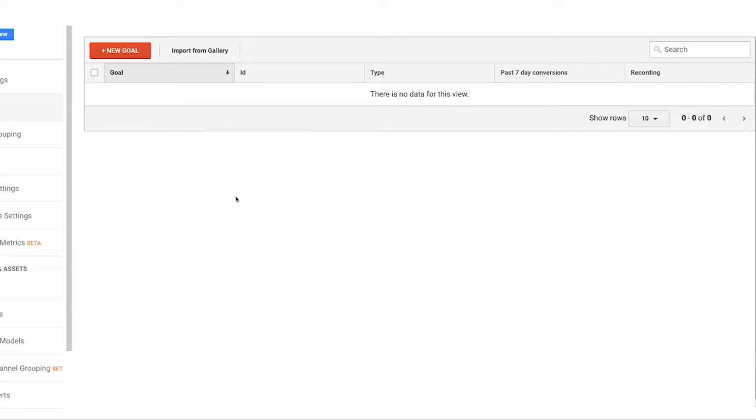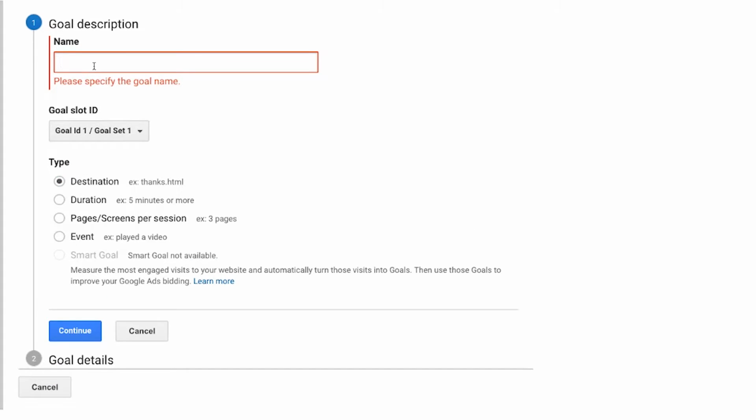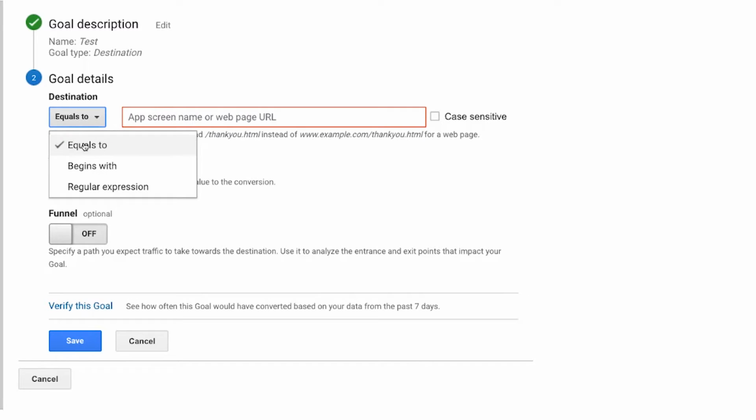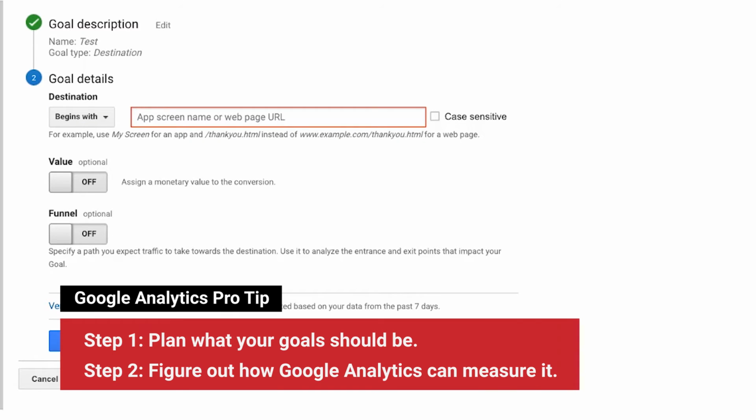Otherwise, what you're going to want to do is we'll click on New Goal here, set up destination goals. So they are, do a little test here. So very, very easy to set up: equals to, begins with, regular expression, a little more advanced, but definitely useful. So you could say, hey, if it begins with ConversionXL, go ahead and trigger the goal. So whatever the page is for you, but this is something that you want to be able to play around with to figure out